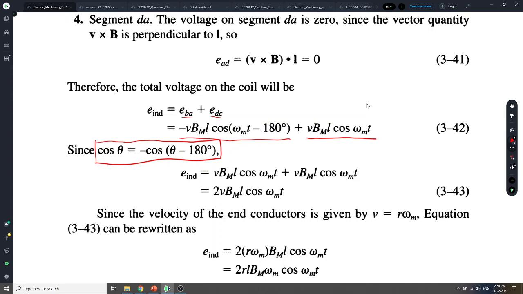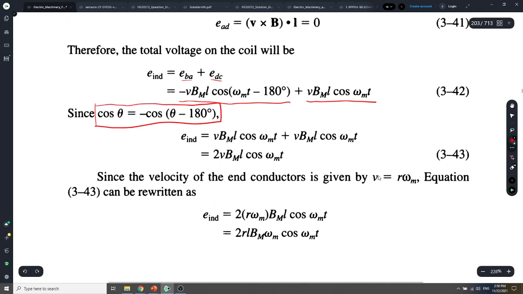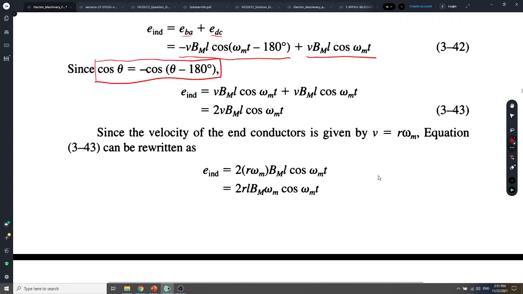So dia akan jadi 2 VBM L cos omega T. So then kita tengok L ni, kita tengok ni V. V actually is equal to R omega. So then kita gantikan lah R omega ni. So kita gantikan R omega di sini. So sekarang kita ada